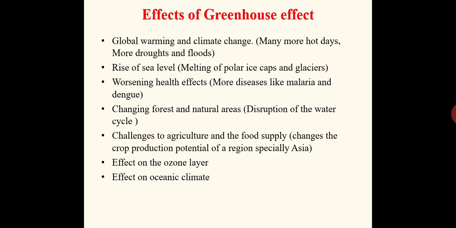Next is the worsening of health effects. It will cause more diseases like malaria and dengue to spread easily in the hot atmosphere. So the spreading of these diseases will be very critical. The next effect is changing forest and natural areas and disruption of the water cycle. The greenhouse effect is going to have an effect on forest areas. Where deforestation takes place, or we are